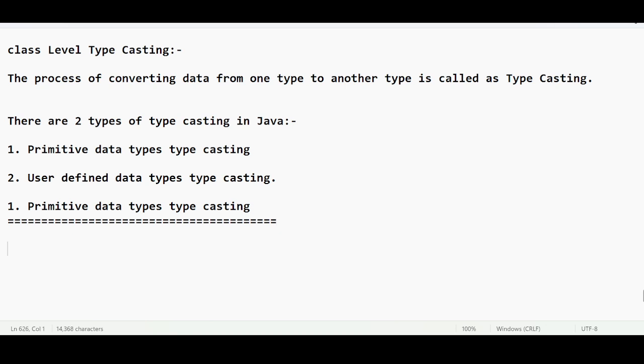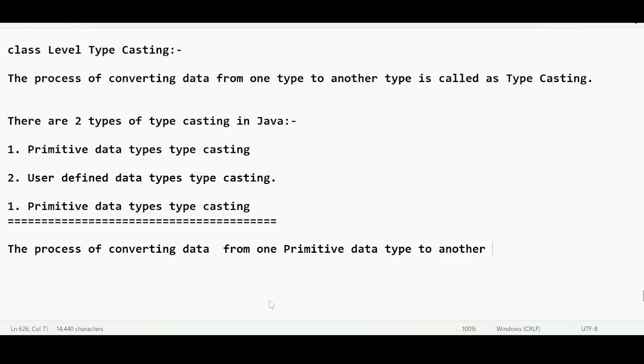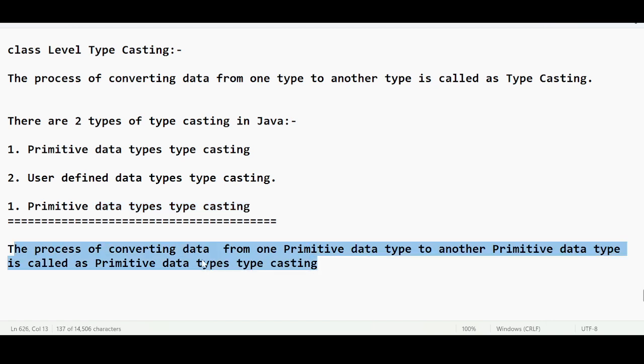Very simple: the process of converting data from one primitive data type to another primitive data type is called primitive data types typecasting. We have discussed these things already.